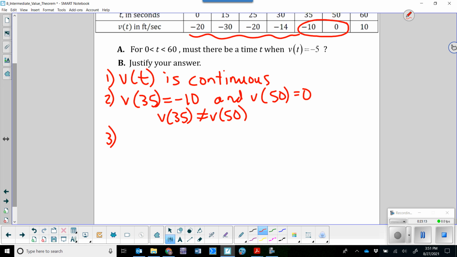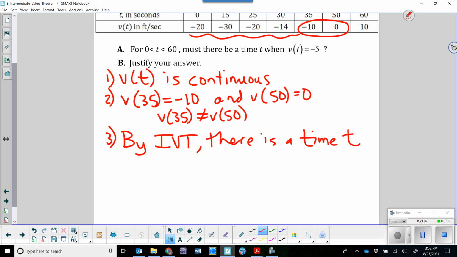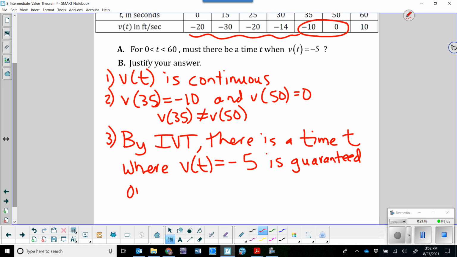So we're going to say, by the intermediate value theorem, there is a time t. Now we don't say c because they said time. We have actual units here. So there is a time t where v of t equals -5. It's guaranteed on the interval 35 to 50